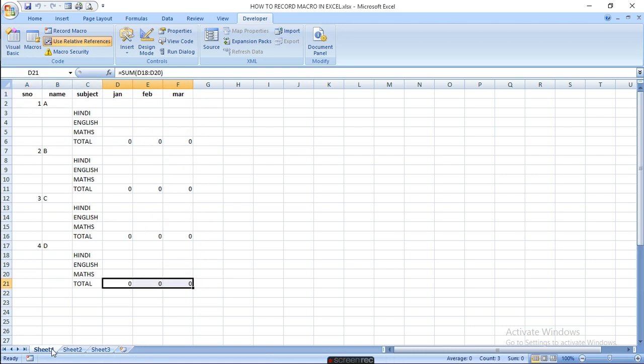So fill here, suppose I am taking 87, and then because you are trying it, fill series, and then 67.